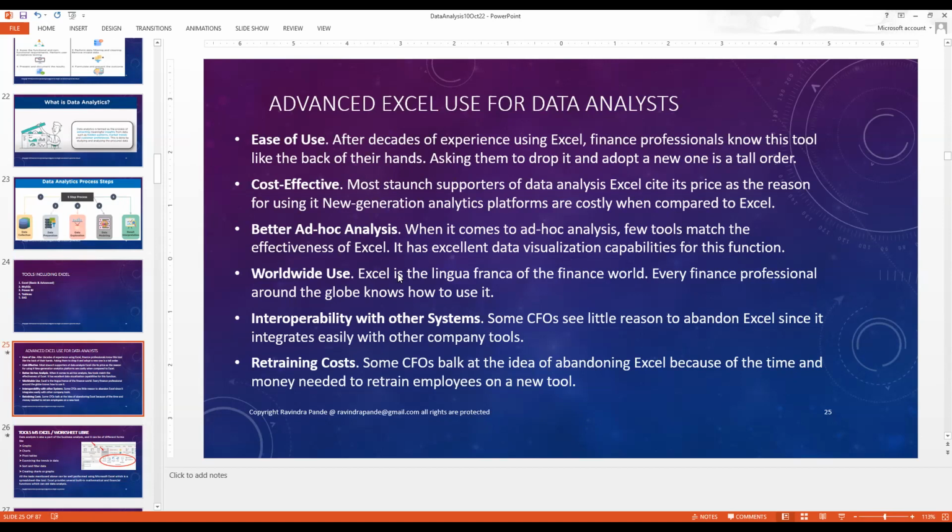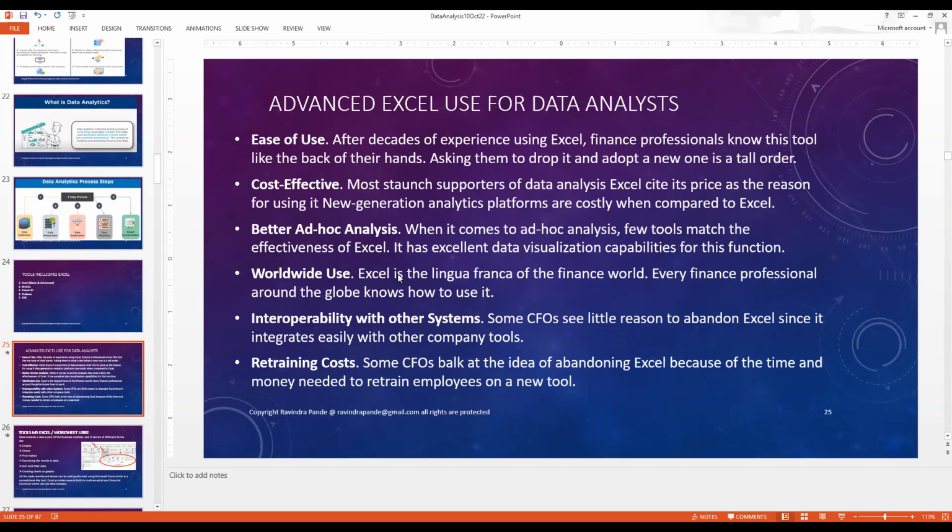Basically you can do ad hoc analysis. Whatever analysis you have done earlier, you can add visualizations to it, such as graphs, bar charts and pivot tables, and that will give you a really great business-oriented representation, which you can share in your PPT as well.